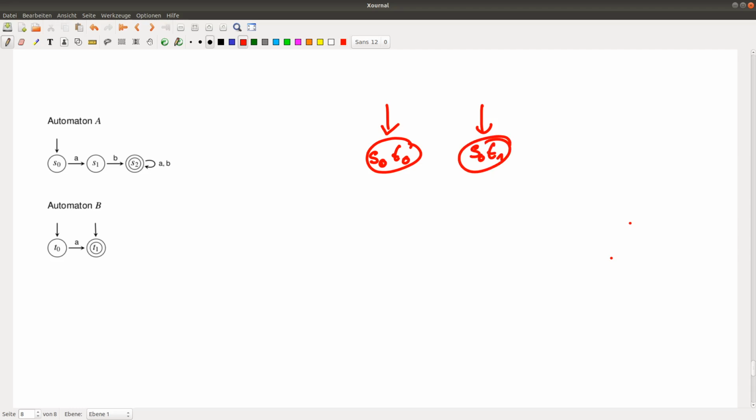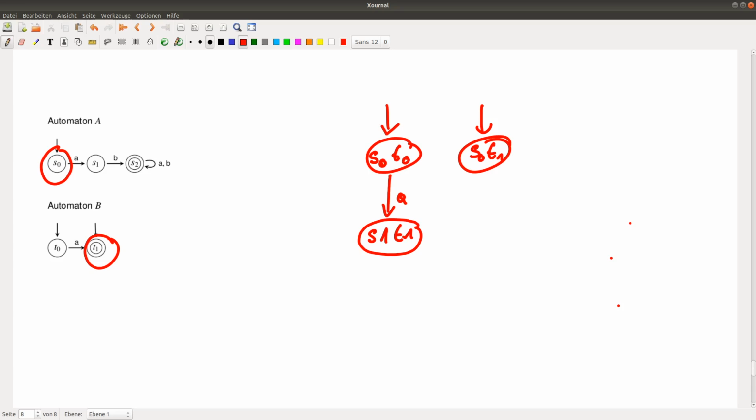Okay, and now let's see how we proceed from S0 T0. From S0 and T0 we can do an A step, and the A step brings us to S1 T1, and that's it. Now let's consider